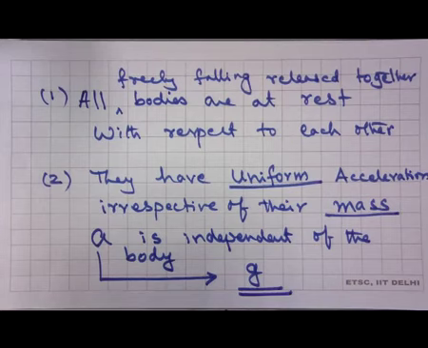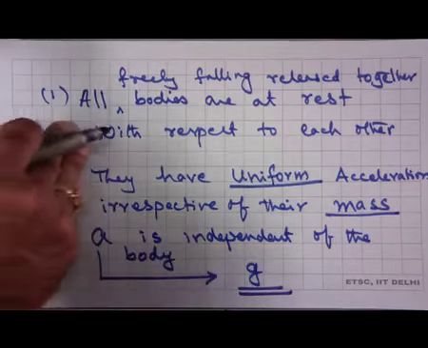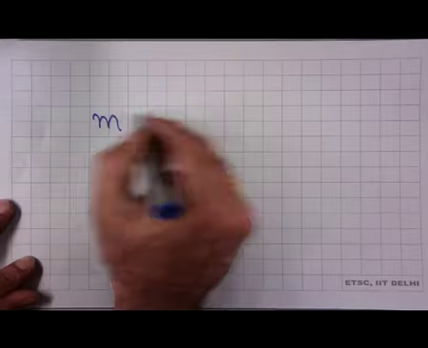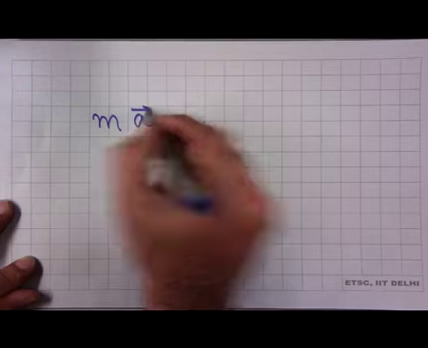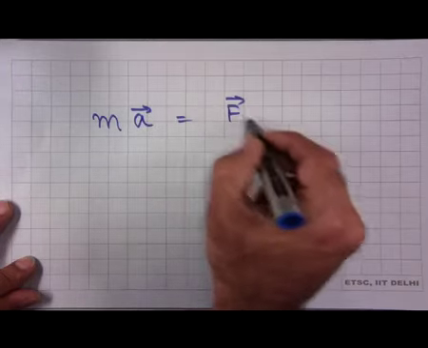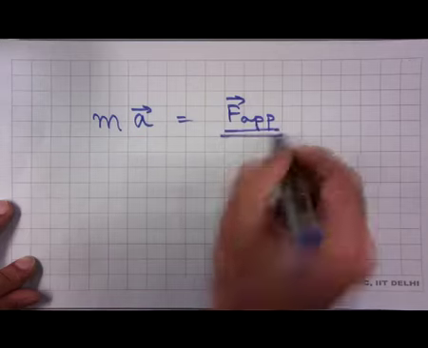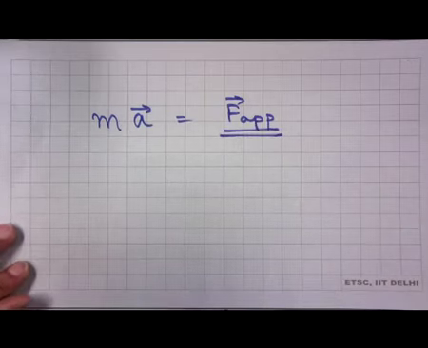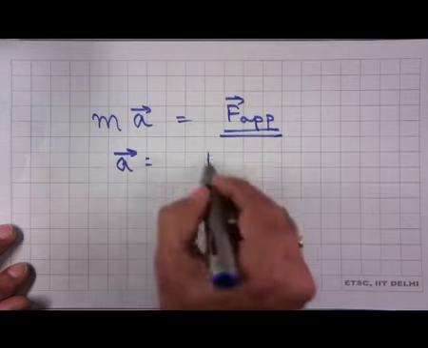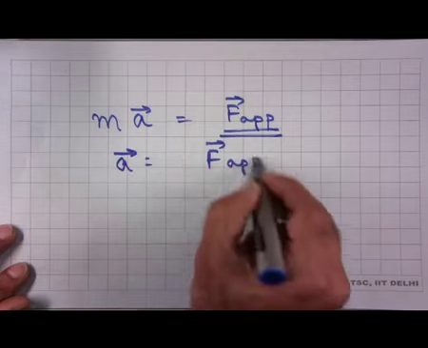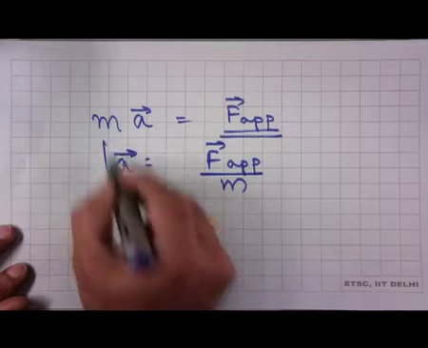Now, please try to combine this observation with what Mr. Newton is saying. Of course, when Galileo discovered his law of freely falling body, there was no formulation of Newton's law, but we are not under any obligation to follow the historical sequence in understanding forces. Newton says that m into a, acceleration, is applied force. That is what I have. Therefore, my acceleration should be force applied divided by the mass. That is what I should have.